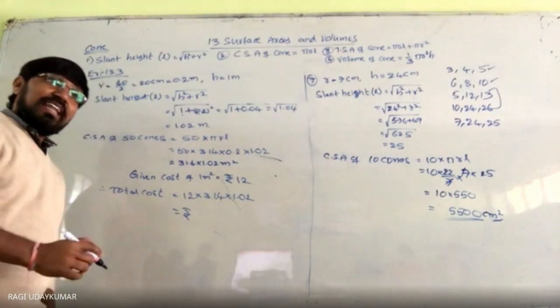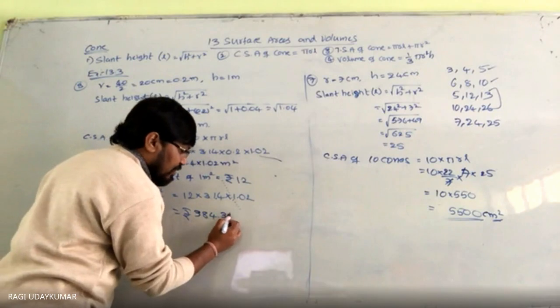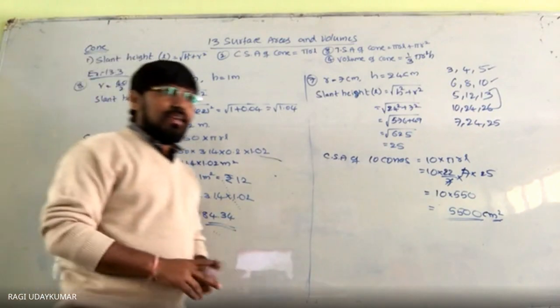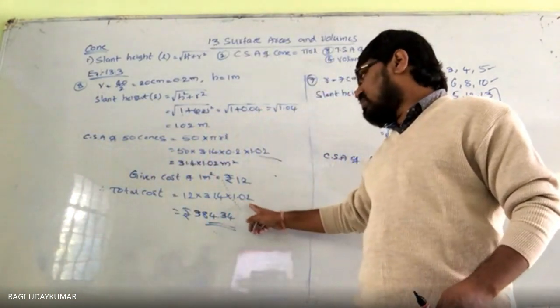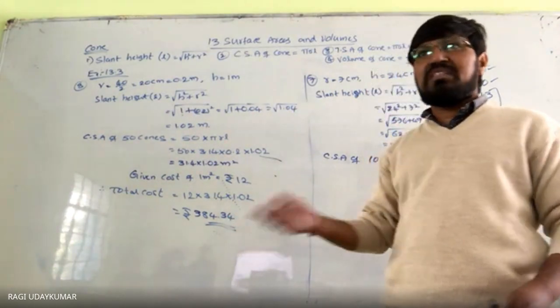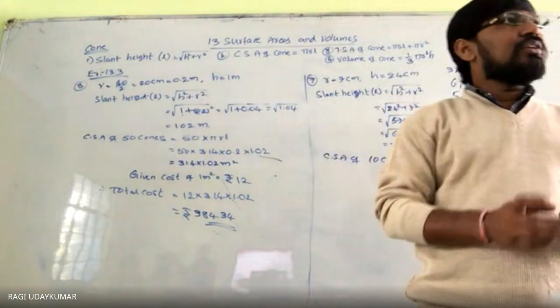आ गया? कर रही है? Very good. 384.34 rupees. Approximately you are going to get it because decimals here 1 decimal, here 2 decimals, 3 decimals होगा. But 2 decimals only here we are taking because rupees and paise है ना. So that's why you are going to take this one. Okay?